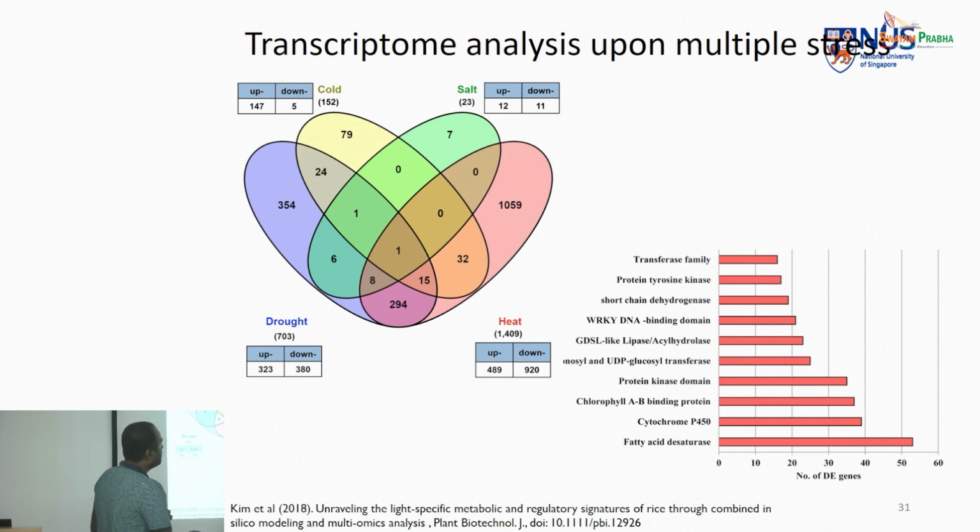When we looked at the different types of gene expression happening, particularly in the cold, we noted that the expression of different types of fatty acid desaturase, as well as cytochrome P450, which is a monooxygenase, was completely different. So that may be giving them the correct proportion of different ginsenosides. That is the major difference we observed in the cold when compared to the other conditions.